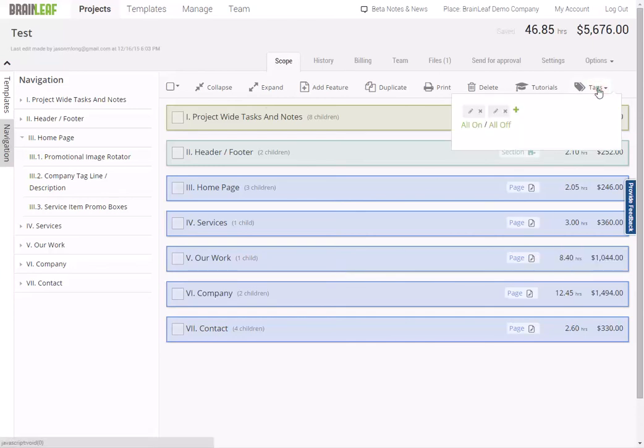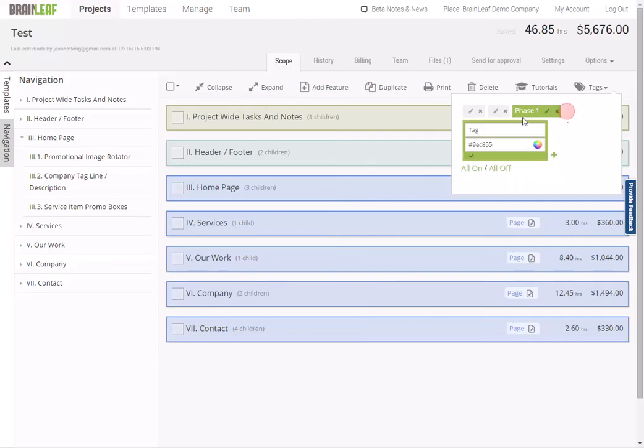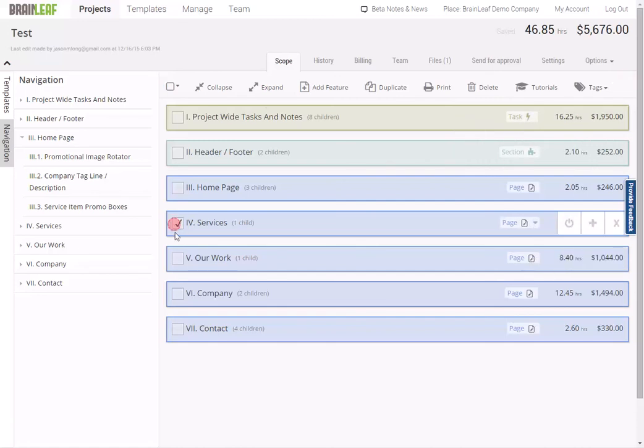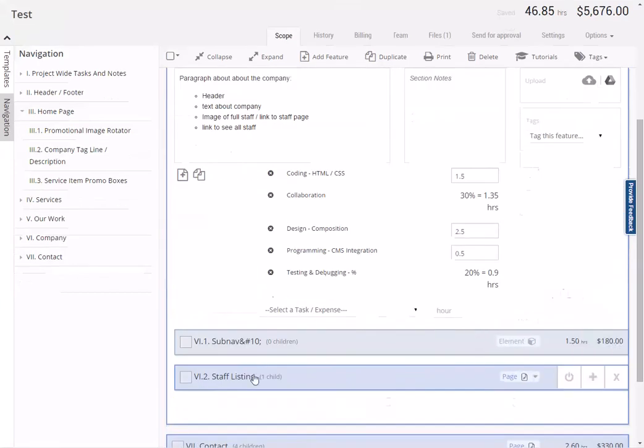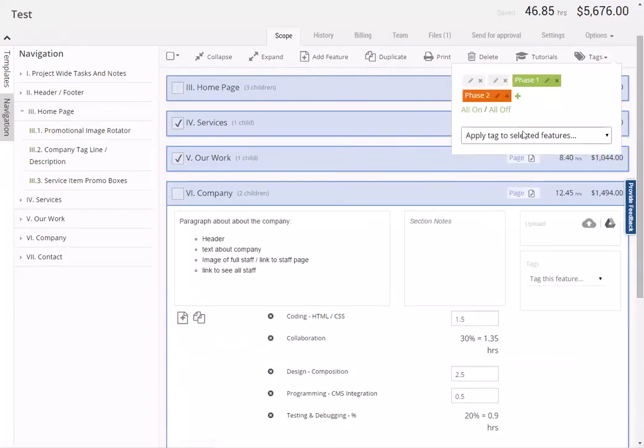I can apply tags. So in this case, I'm going to come on in and I'm going to say phase 1, and I'm going to add another tag called phase 2. And give this a different color, maybe like a red. There we go. So we got a phase 1 and a phase 2 tag, and I'm going to say let's make our services and our work and within company the staff listing section all phase 2 items. Then I'm just going to come in here and say phase 2, and now that's been applied,